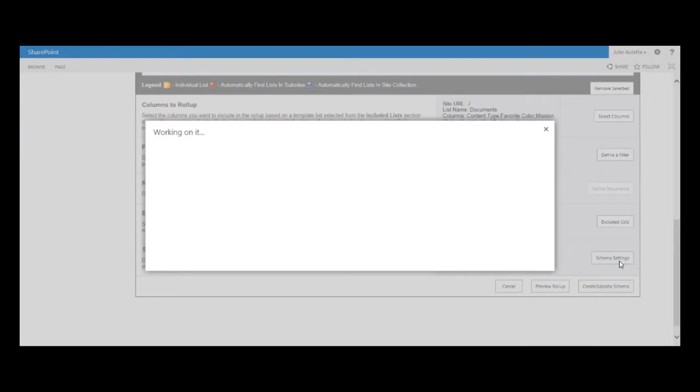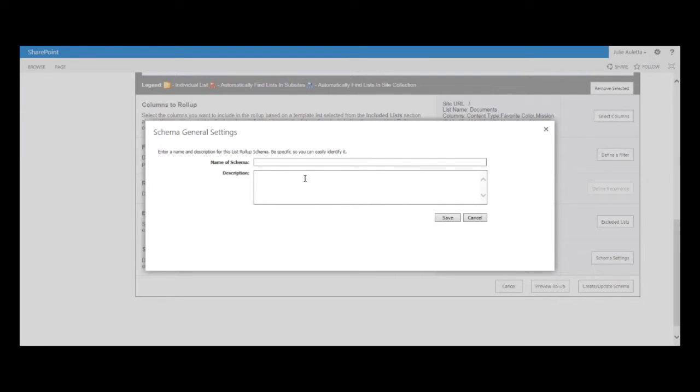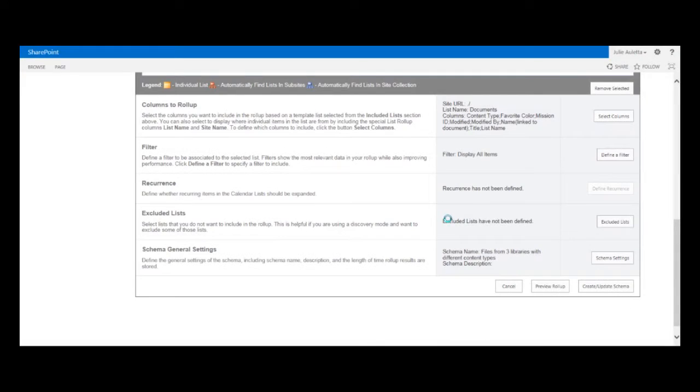And then the last thing I'm going to do is give my schema a name. So this is going to be files from 3 libraries with different content types. Click Save. If I want to, I can preview the Rollup,